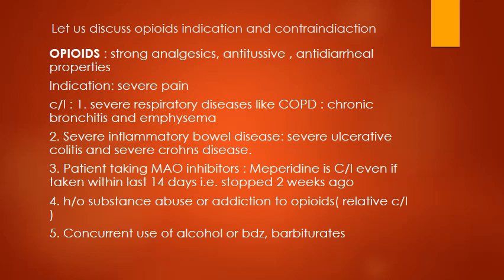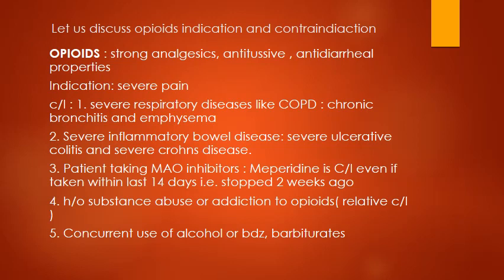Whenever you have an alternate option available which can be given to a patient, let's say NSAIDs can be prescribed, in that case opioids become an absolute contraindication. But when the patient has a contraindication to opioids and a contraindication to NSAIDs as well, we do not have any alternate treatment. So in that case, opioids become a relative contraindication. That means you can prescribe opioids in that case.